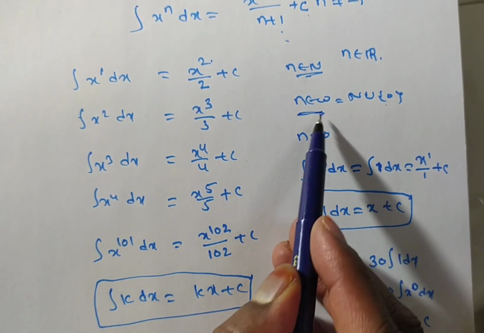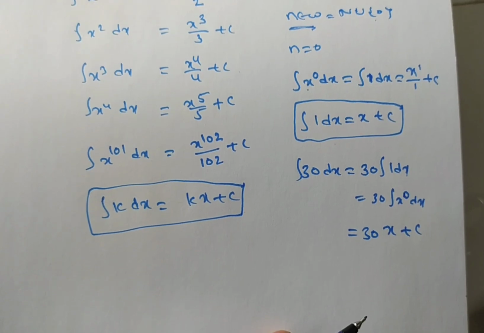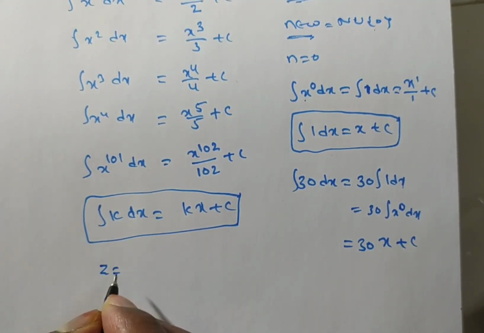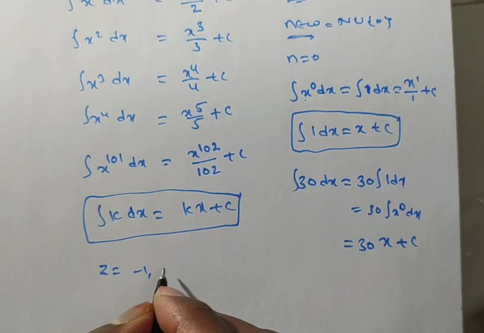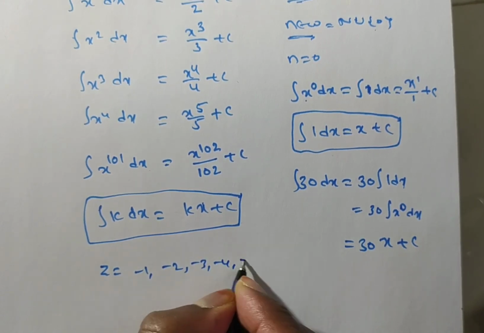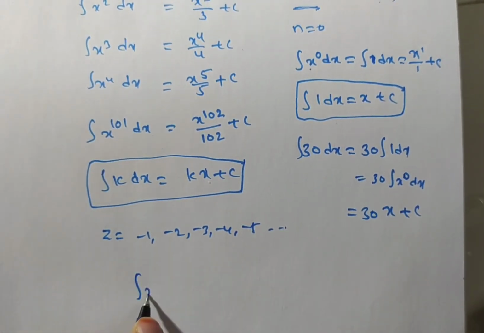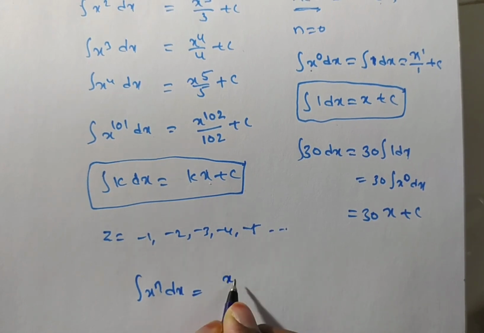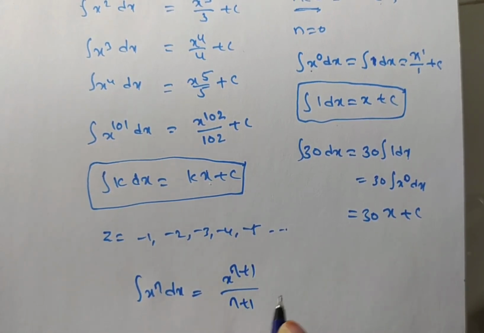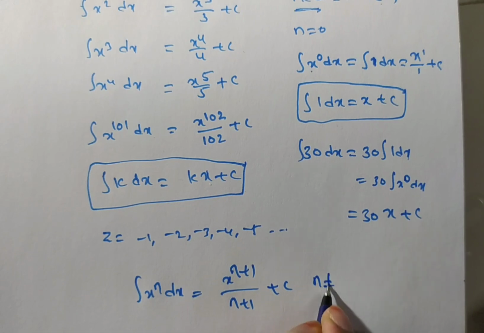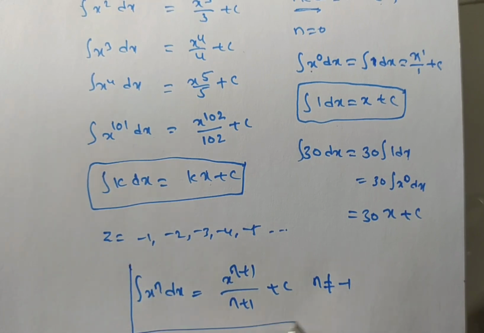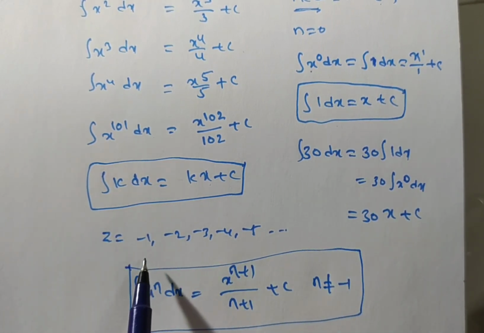Now which one is completed? Natural numbers are over. Next, whole numbers are also over. Now coming to the integers. Now if z is equal to minus 1, negative values I am taking: minus 1, minus 2, minus 3, minus 4, minus 5 and so on. Now you see this formula. What is the standard form 1 we have? Integral of x to the power of n dx is equal to x power n plus 1 by n plus 1 plus c, where n is not equal to minus 1. The standard form 1 is for only n not equal to minus 1, right? So in the integers we should not take minus 1.